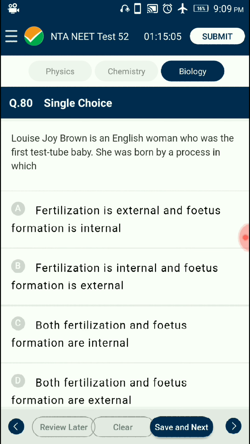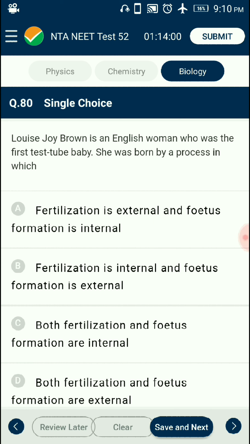Question number 80. Louise Joy Brown is an English woman who was the first test tube baby. She was born by the process in which fertilization is the fusion of the ovum and the sperm. In cases of infertility, assisted reproductive technologies, ART, are resorted to for reproduction. One of the methods of ART is IVF, in vitro fertilization, and embryo transfer, ET, commonly known as the test